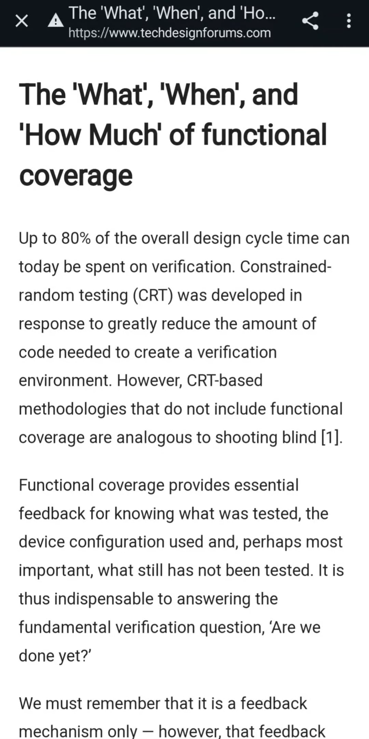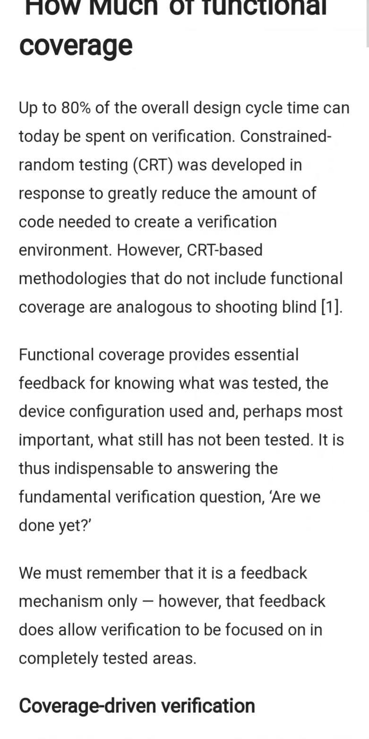The what and when and how much of the functional coverage. Up to 80% of the overall design cycle time can today be spent on verification. Constraint random testing (CRT) was developed in response to greatly reduce the amount of code needed to create a verification environment. However,